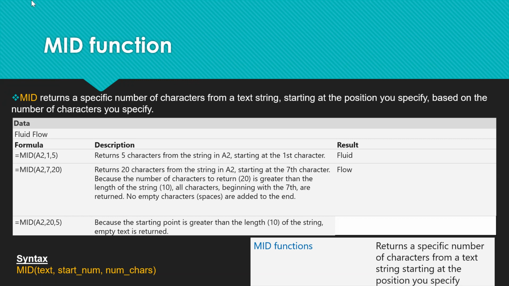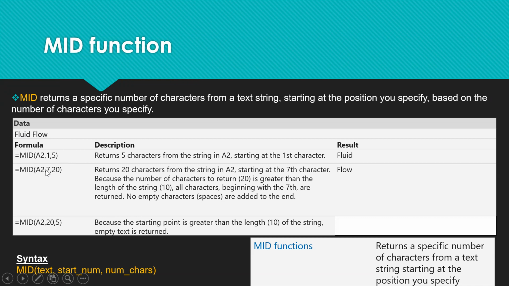Let's say I want to take some characters from the mid. From the left, the number of characters is 5, so I'm going to cut 1 to 5. Take fluid flow: 1 is F and 5 is D, so it's going to cut up to fluid.